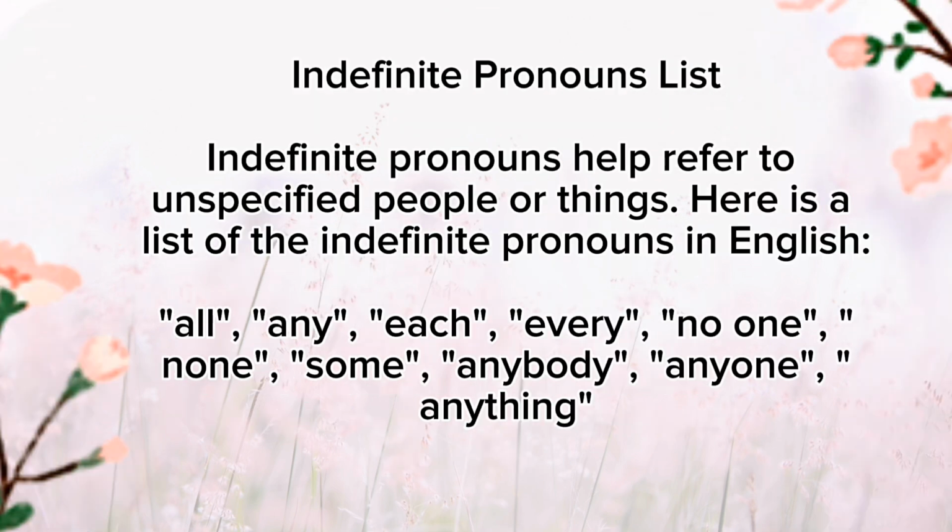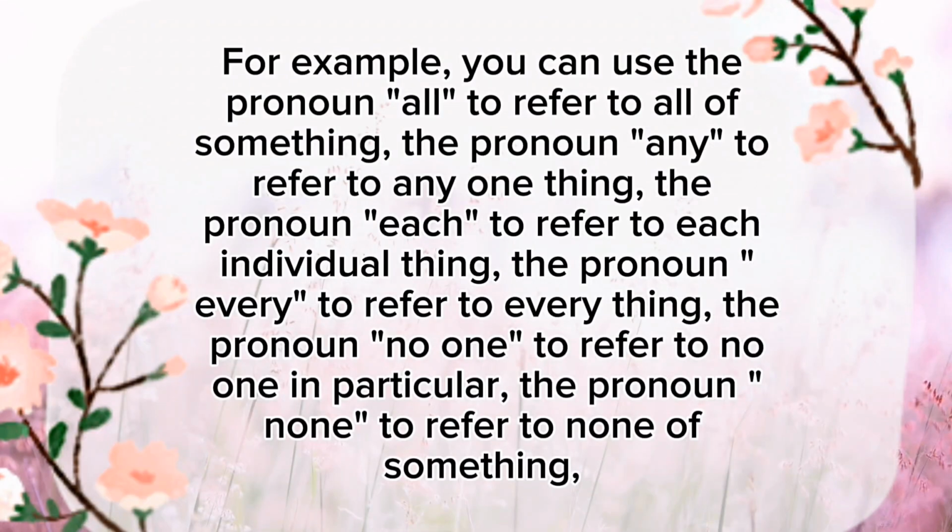Indefinite pronouns list. Indefinite pronouns help refer to unspecified people or things. Here is a list of the indefinite pronouns in English: all, any, each, every, no one, none, some, anybody, anyone, anything. For example, you can use the pronoun all to refer to all of something, the pronoun any to refer to any one thing, the pronoun each to refer to each individual thing, the pronoun every to refer to everything,